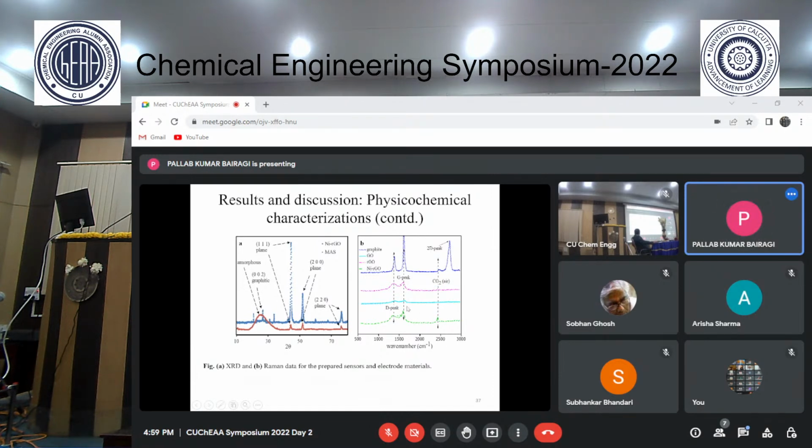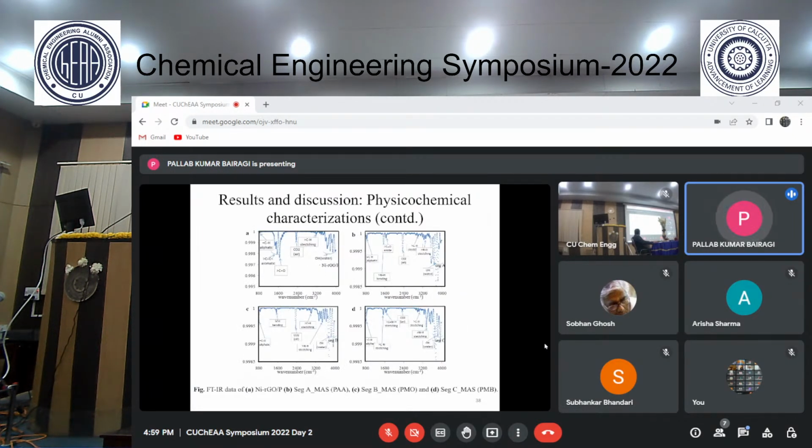The Raman data measured for graphite, graphene oxide, reduced graphene oxide and NiRGO confirms the formation of NiRGO during the development. The ID by IG ratio measured for NiRGO was observed to be much lower than that of RGO and GO, which confirmed the successful reduction of nickel oxide dispersed graphene oxide during the development of the study. It also confirms the catalytic activity of nickel nanoparticles in the formation of reduced graphene oxide.